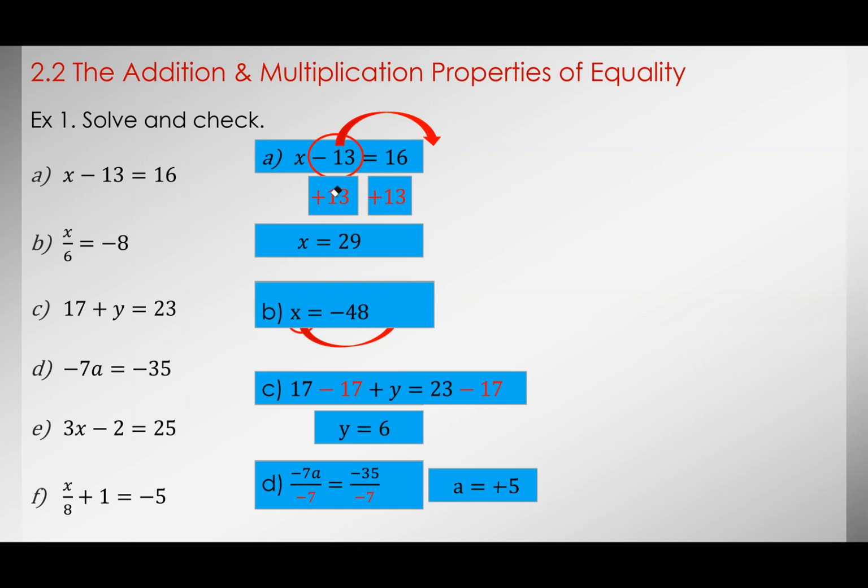Okay. Explain B one more time. B? Yes. Again, looking at this thing here, we want to get rid of the 6. And because the 6 is on the denominator, or in terms of x is divided by 6, to get rid of the division, we need to multiply, which is, if I go back,